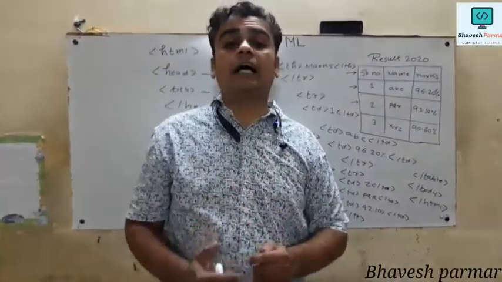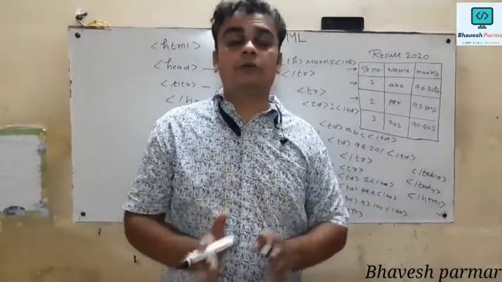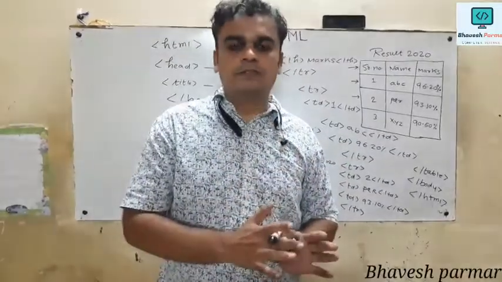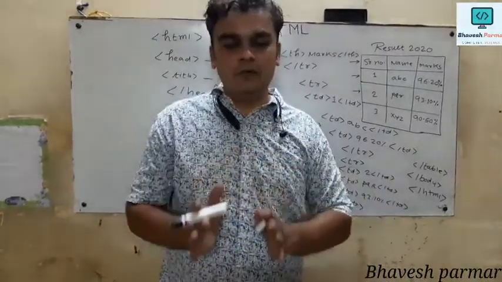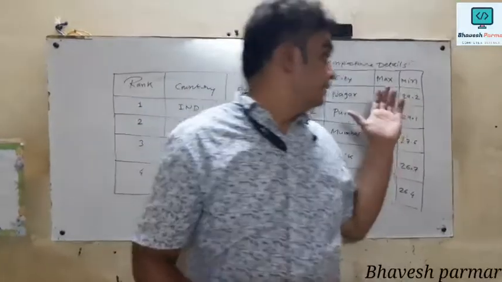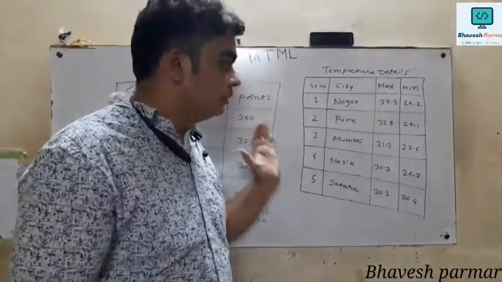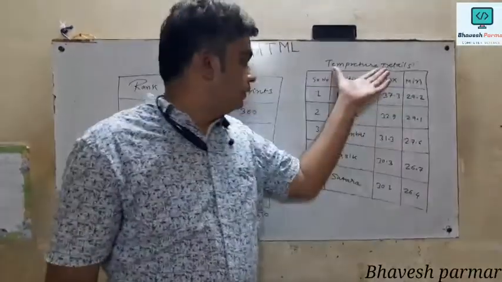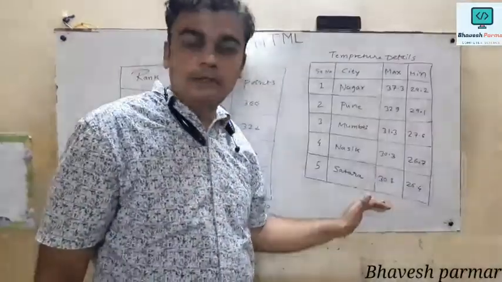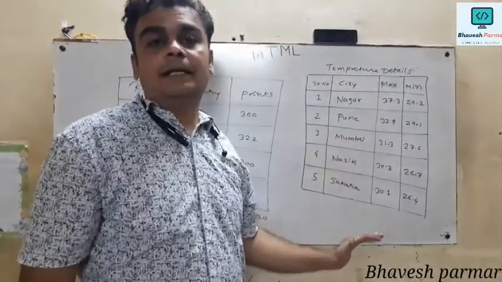So I am giving you 2 exercises. You have to draw the table from this video and try to write the HTML code and comment to me. Now guys, these are the 2 separate tables drawn on this board. What I expect from you is that you draw these tables very carefully and try to write the program code in a systematic manner.